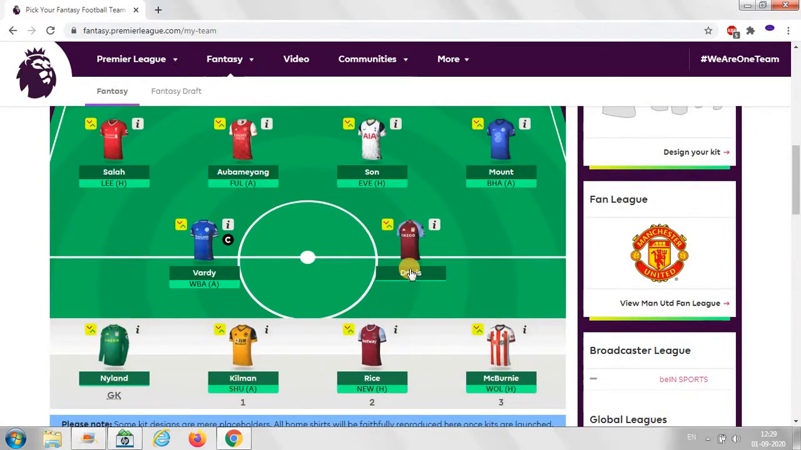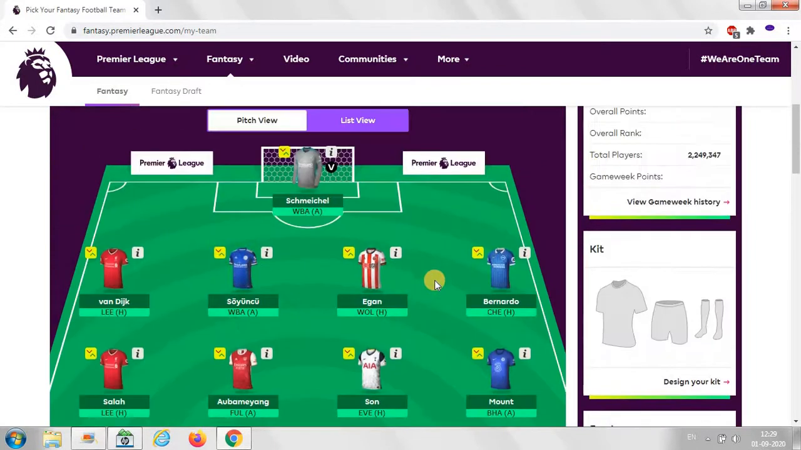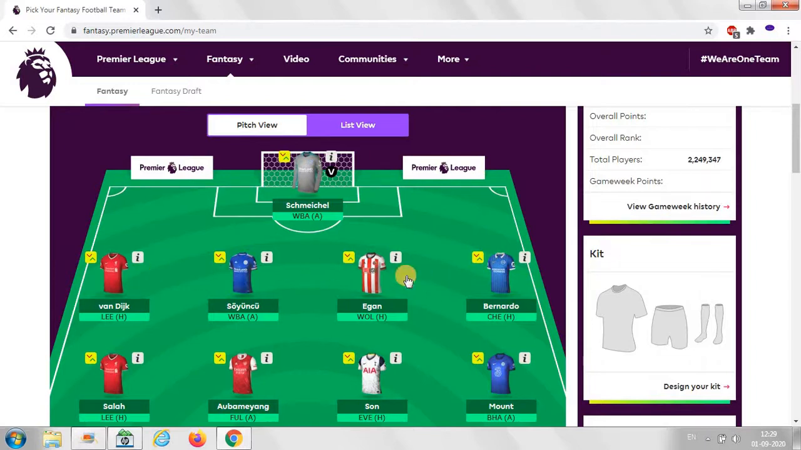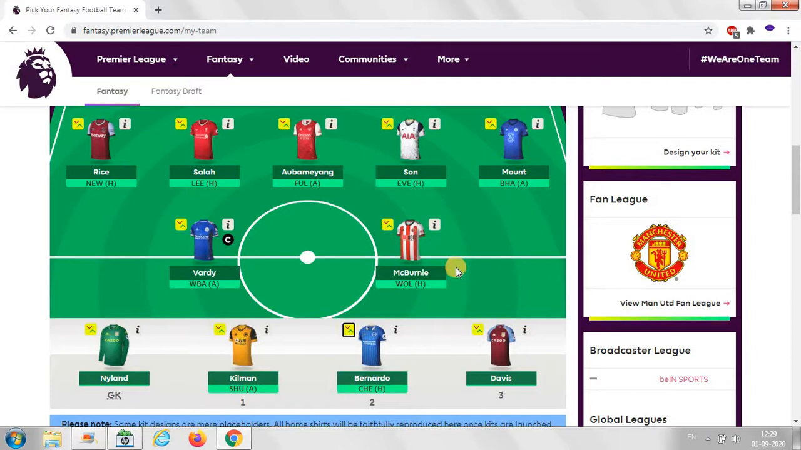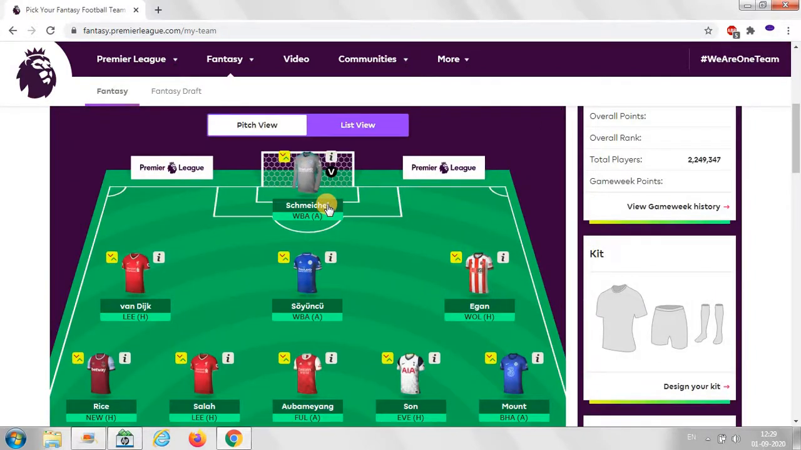So I will move this guy, David, and this guy, and I don't want to play 4 defenders. So see Chelsea, definitely I will remove one and I will add Declan Rice to this. So this is my team: Sheffield, Leicester